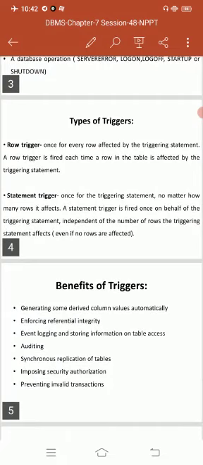It can be an insert, update or delete statement for a specific table. Trigger restriction specifies a boolean or logical expression that must be true for the trigger to fire. So what is trigger action? It is the PL/SQL code to be executed when a triggering statement is issued and any trigger restriction evaluates to true. That is called the trigger action.